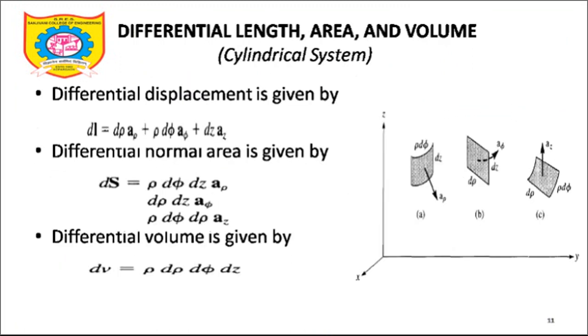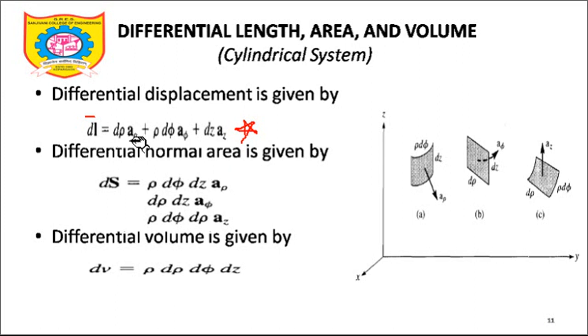Let's look at the differential length, area and volume of the cylindrical coordinate system. Once again, if I am talking about a coordinate system, it has three surfaces and certain lengths. If you remember this particular formula, it will become easier to understand. Earlier, dl bar in the Cartesian coordinate system was just dx ax bar, dy ay bar and dz az bar, if you remember. Now here it is not like that. Why it is not like that, I will tell you. If you just remember this dl bar formula, it's very easy to remember all the other formulas.